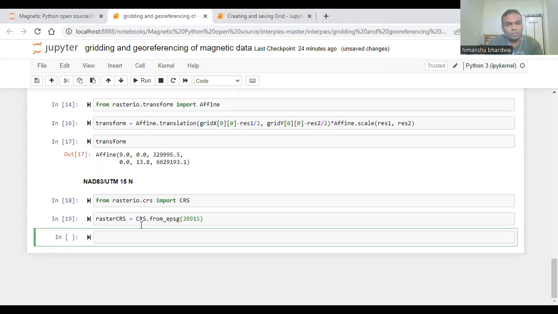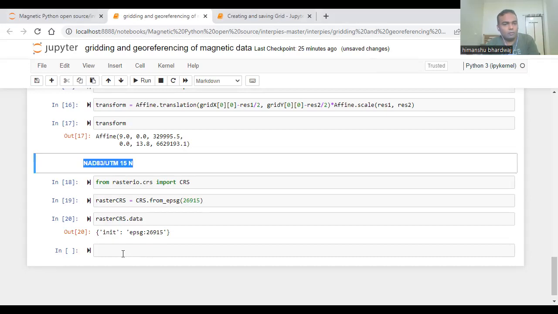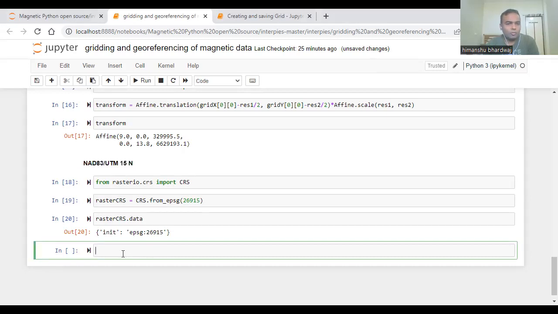So you get the raster coordinate system. You have to assign this to my raster image. So you can see the EPSG is 26915. This you have to assign because this corresponds to NAD 83 UTM 15 north. Now you have to assign this transformation and the coordinate reference system to the grid raster that we have